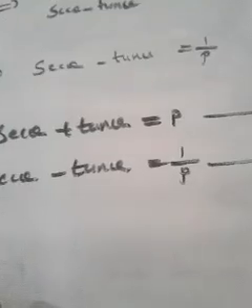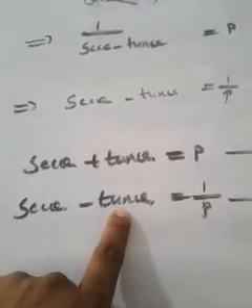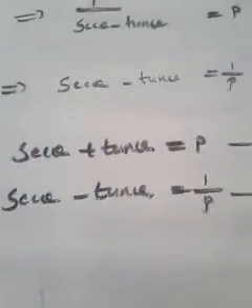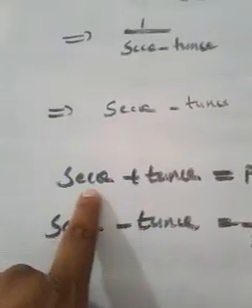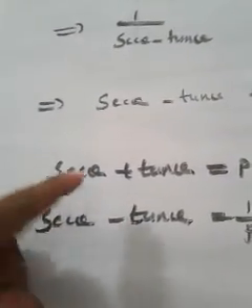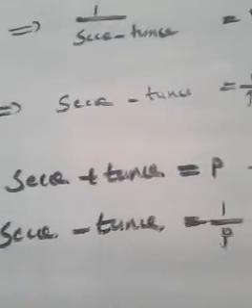Let me ask you a question. If you can find out tan from this, you can ask me how we will get cosec from these two expressions, because when we solve these two expressions, we will get the value of tan and sec. Why? Because the equations are in terms of sec and tan. So when you solve this equation, we will get the value of only sec and tan. How will we get cosec? Let me ask you a thing.